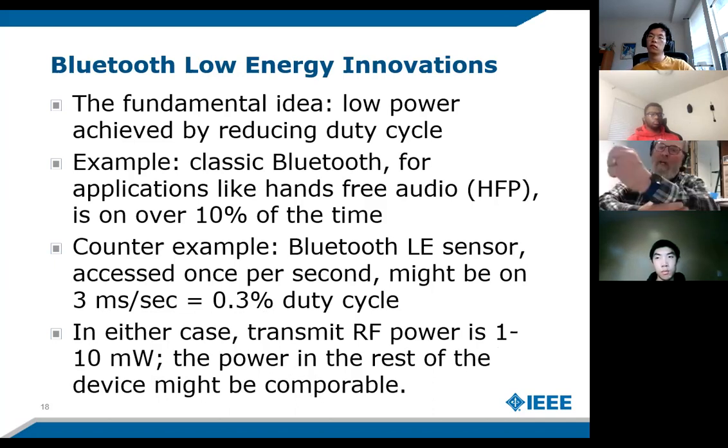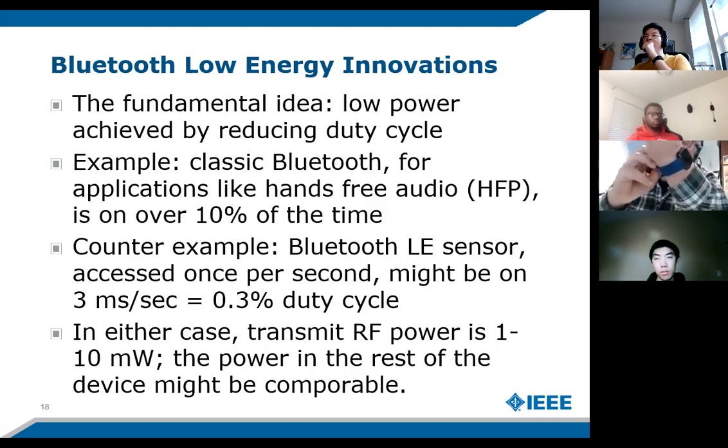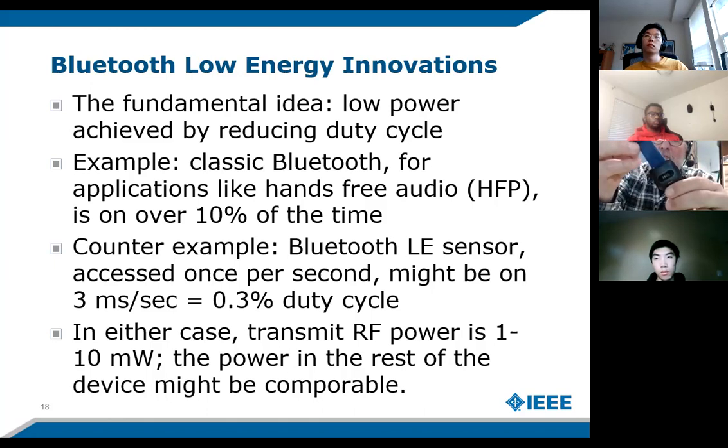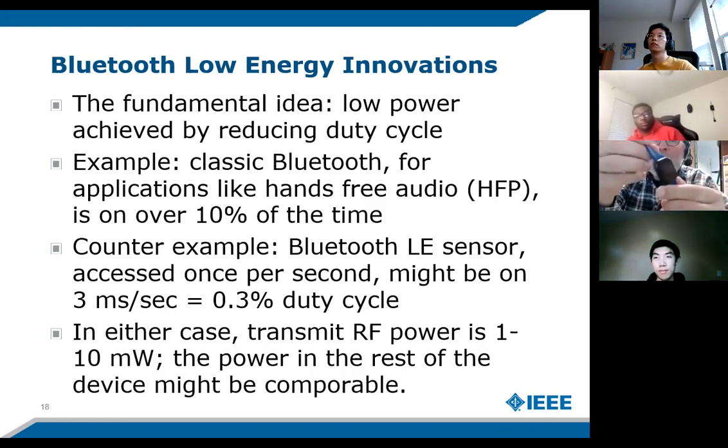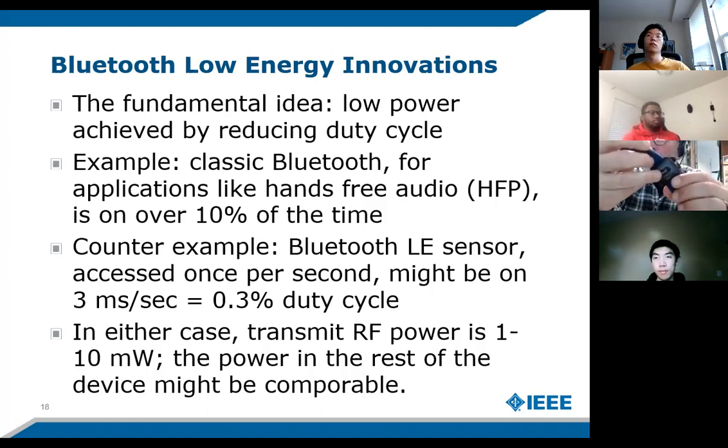Now, in some cases like here, I've got my Fitbit smartwatch, and my Fitbit smartwatch is spending a lot of its time generating LED signals, trying to send light into my circulatory system, reading what comes out of my circulatory system, and gauging how fast my heart is beating. That's what this watch is doing. Now, it costs energy to run that LED.